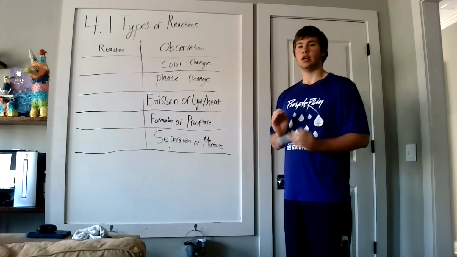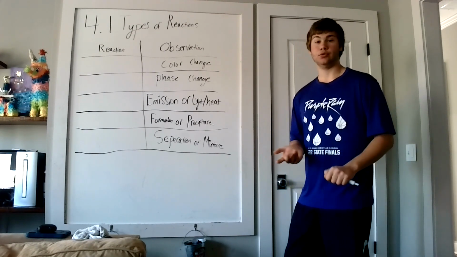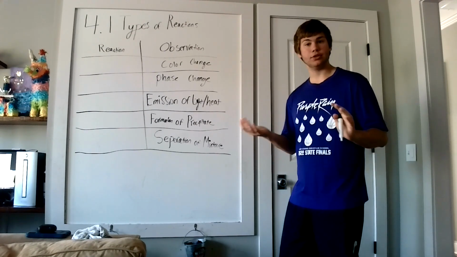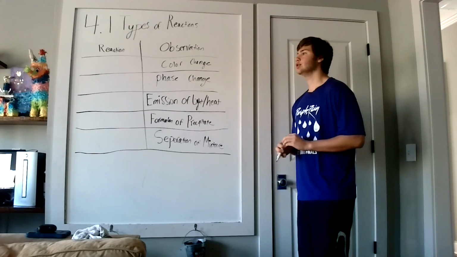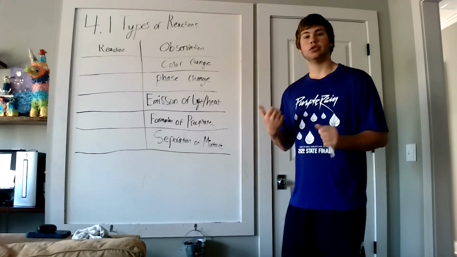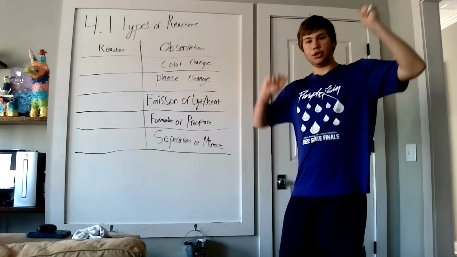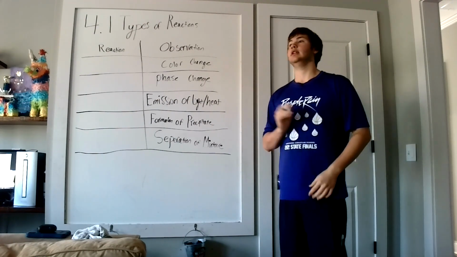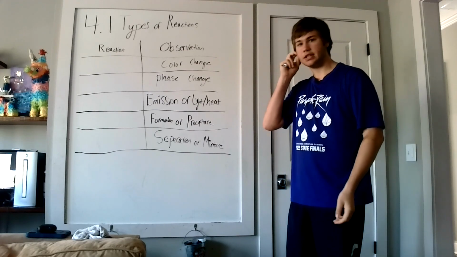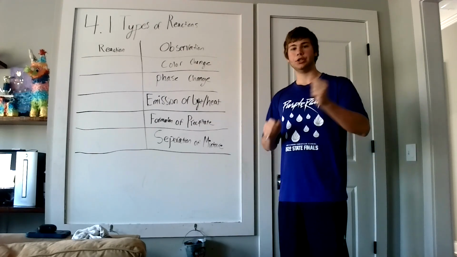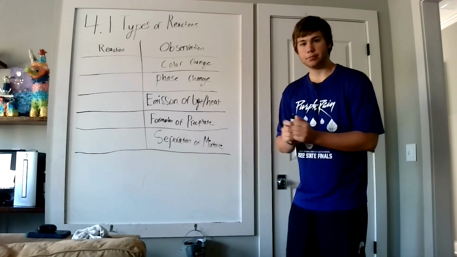A chemical change is something that happens when the chemical composition of a compound changes. So say in electrolysis, water will form hydrogen and oxygen when an electric current passes through it. That would be an example of a chemical change because the water is splitting to form those